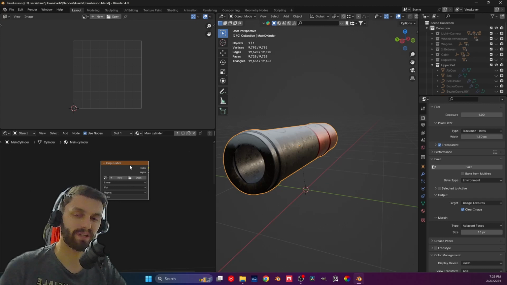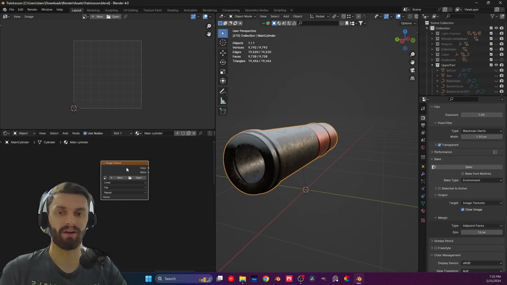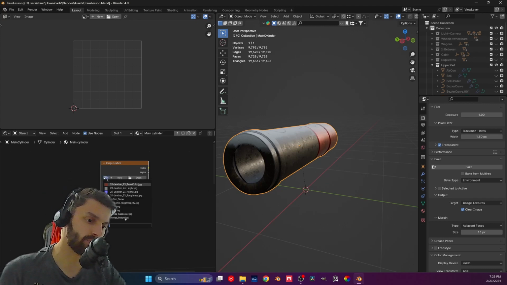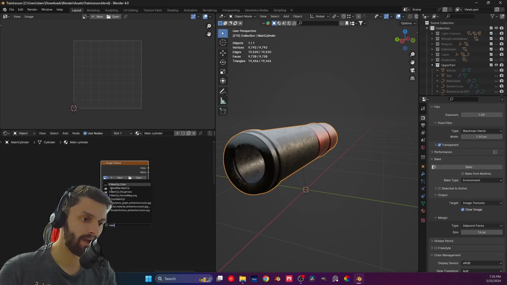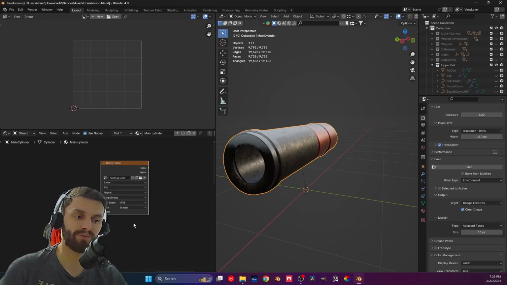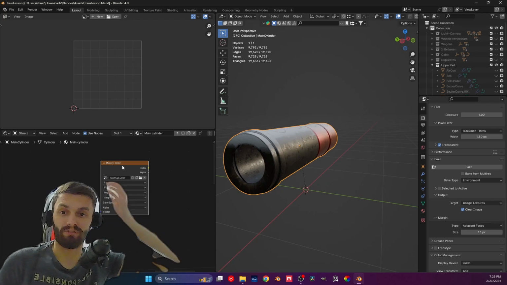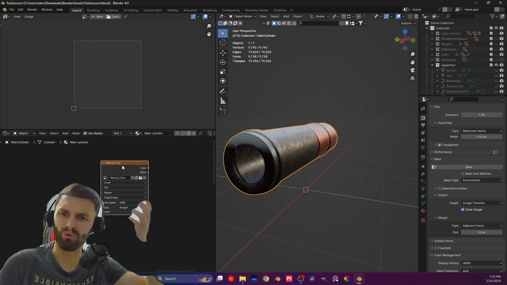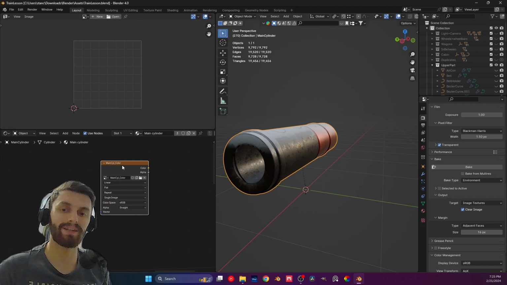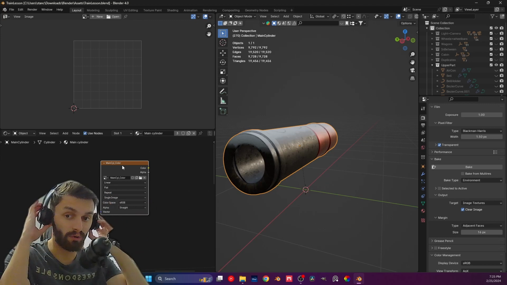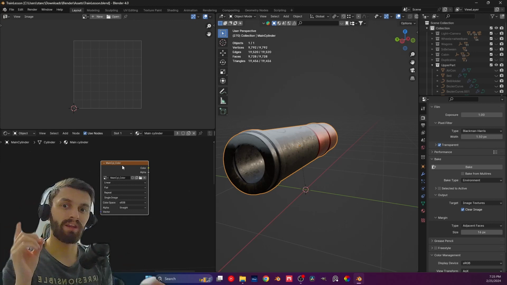But I'm not gonna actually create it, because again, I already do have them. I'm just gonna do it over this. I named it main cylinder color, and it's right here, an image texture. And now you might think, well, why do we need this? The reason we need this is because we need to put our texture, the information we need to get,